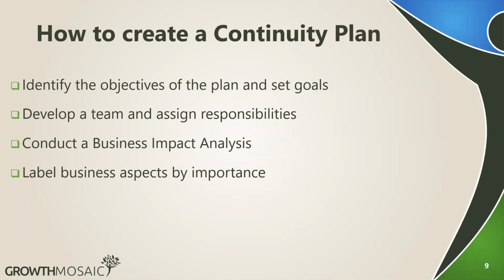After we've assigned financial impact values to these different segments, we now have to label them and rank them by importance. So for example, if we've identified that IT is critical to our business, we are an online business, we'd have to label it and also rank it by priority. And also we have to develop a plan to maintain operations for these different parts. So for example, if we have IT as the most valuable aspect, what do we do in terms of IT?